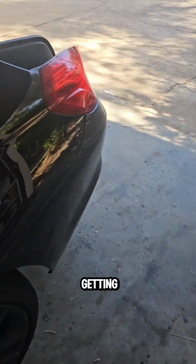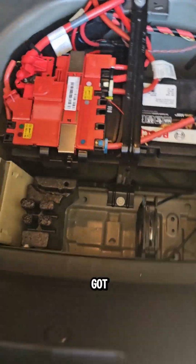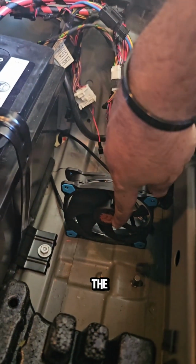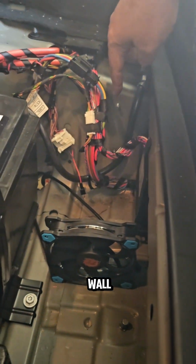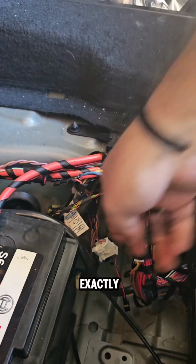Because it's getting overheated, you need a fan, a computer fan. So I got this one. I couldn't find a smaller one, which is fine. It sucks all the air from this side and shoots it directly at the module. That would save you, trust me. So what I did exactly,